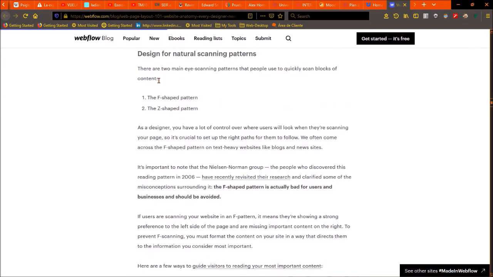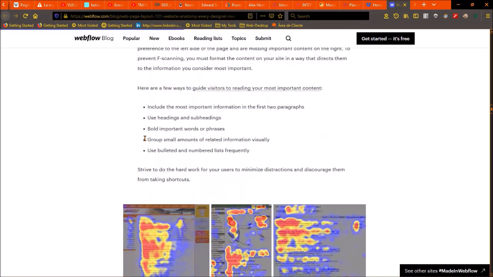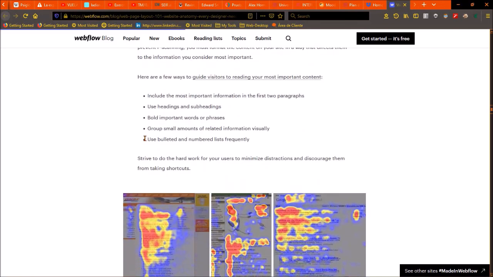There are other designs. Here they talk about an F-shaped pattern, a Z-shaped pattern. So I do recommend you to read these kinds of articles because you learn a lot about how to design web pages, which is not the same as encoding them.